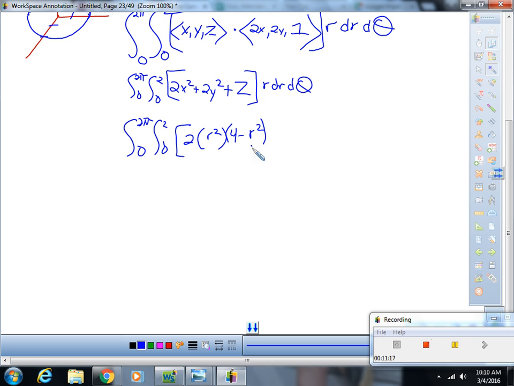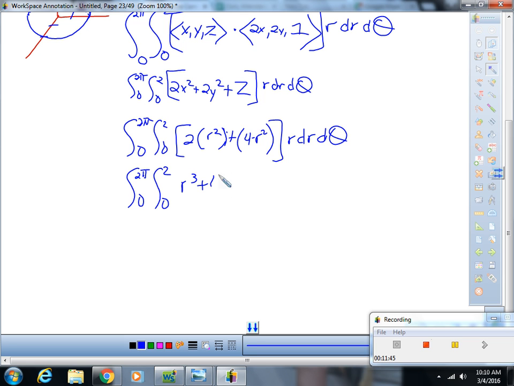I don't think there should be a plus. Oh, yes, there should be. Yes, yes. Plus. And then this whole thing times R dr d theta. Okay? What do you get on the inside of that bracket? You get 4 plus R squared, or R squared plus 4. So when you multiply that by R, you're going to get R cubed plus 4R dr d theta,